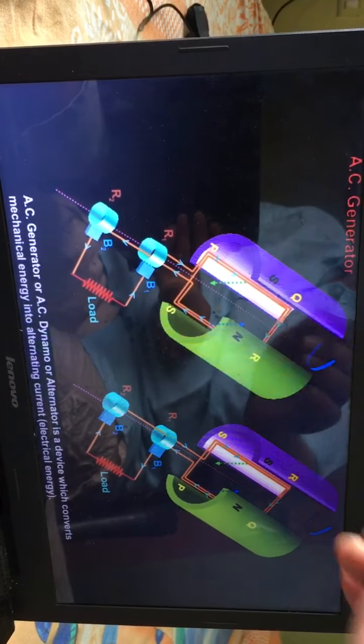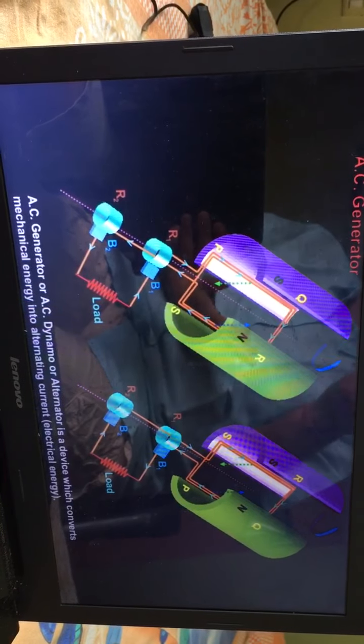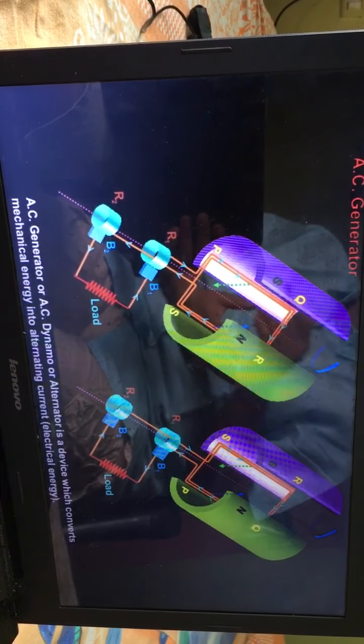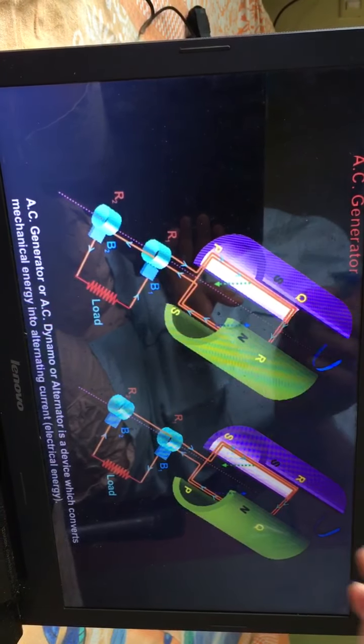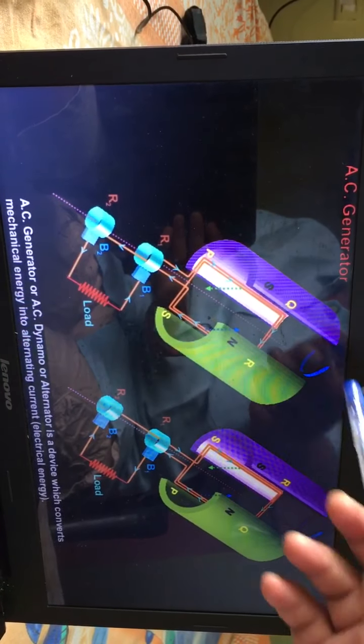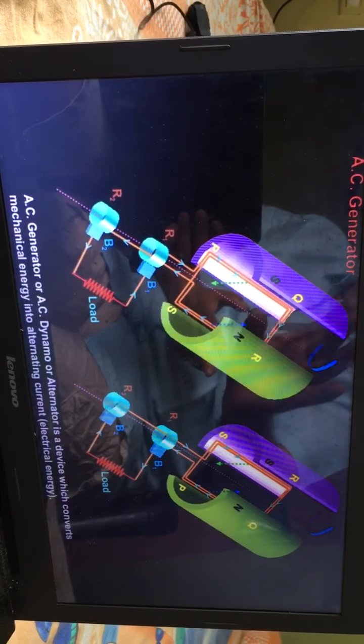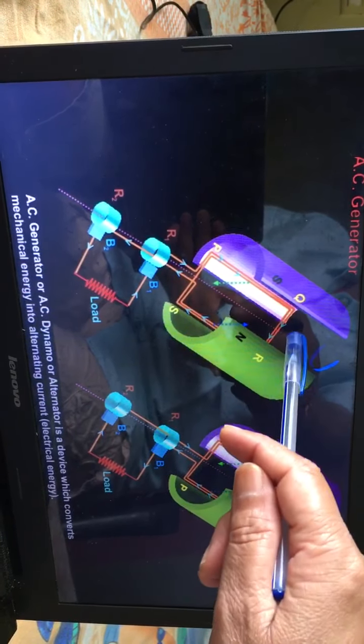over there. We need to rotate the armature, and you all know on what principle the electric generator works? It works on the principle of electromagnetic induction. For electromagnetic induction, you know children, between the coil and the magnet, what should there be? There is a relative motion. So the magnet is fixed here, the coil rotates.